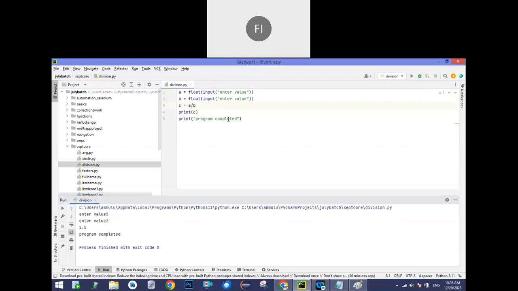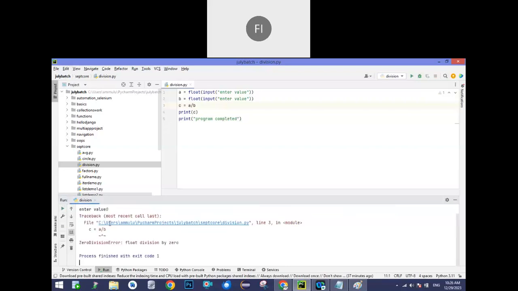So now the point is, see, as I mentioned, this program syntactically looks good and it is executed as shown on the execution, but now we'll try to run with different inputs. Now I'm giving 5 with 0. Okay, now you see, it does not have any syntactical errors, but you are getting one error, that is float division by 0.